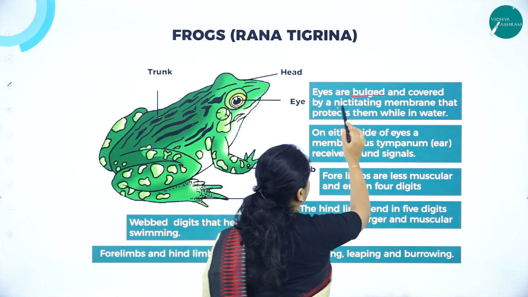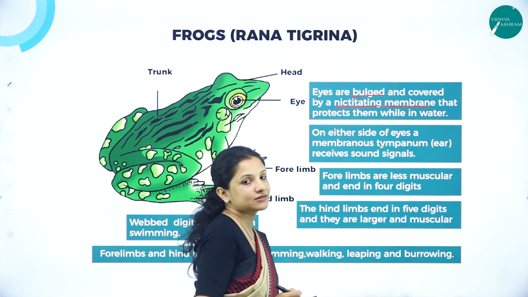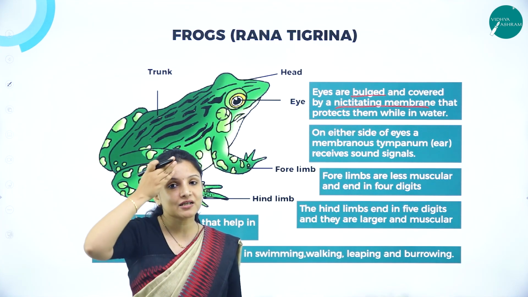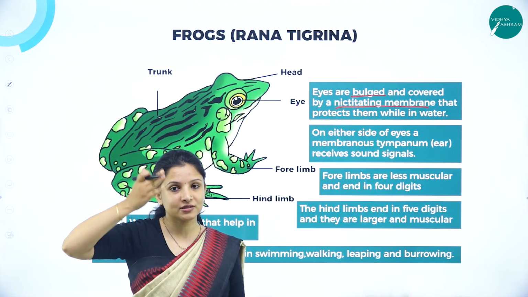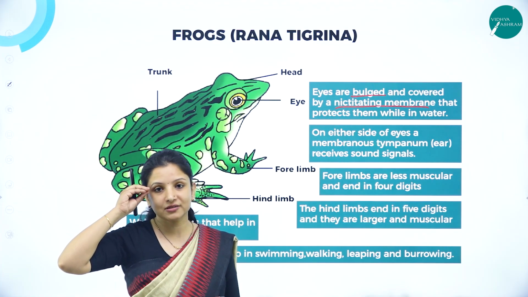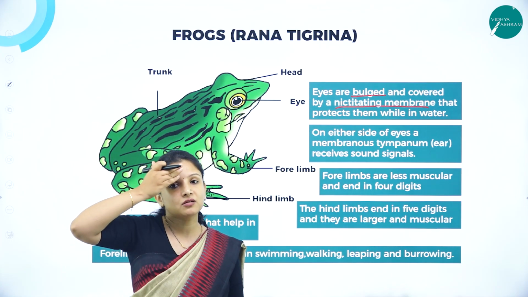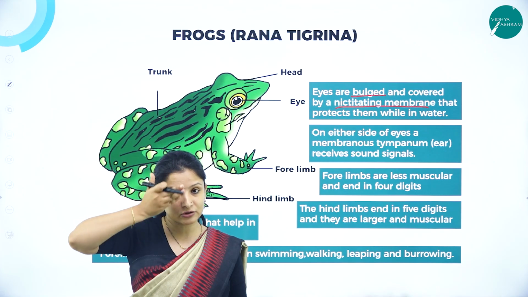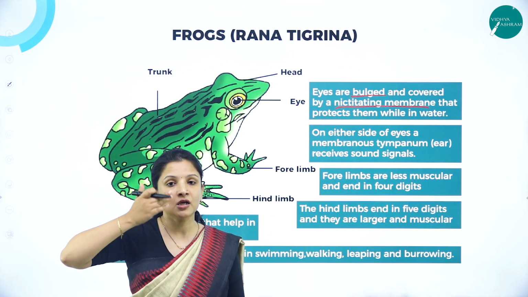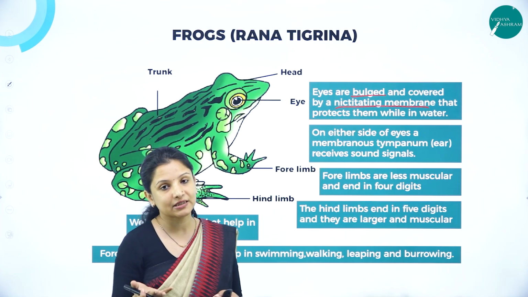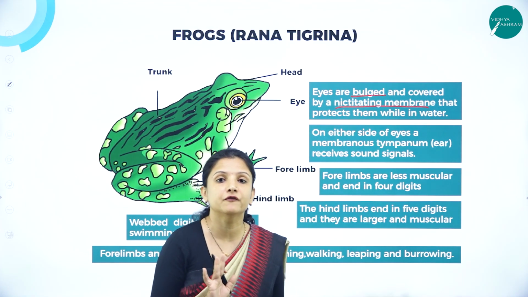membrane. This is very important, which can come for 1 mark. So what is this nictitating membrane? This nictitating membrane acts like a third eyelid. So when the frog is in water, it cannot close its eyes and move around, right? It cannot see. So what happens here is a third eyelid like structure just drops down, which is transparent, which allows the frog to see, as